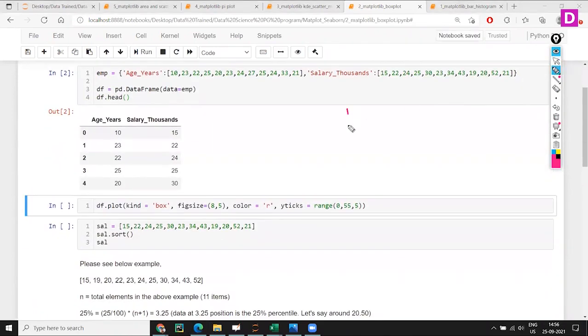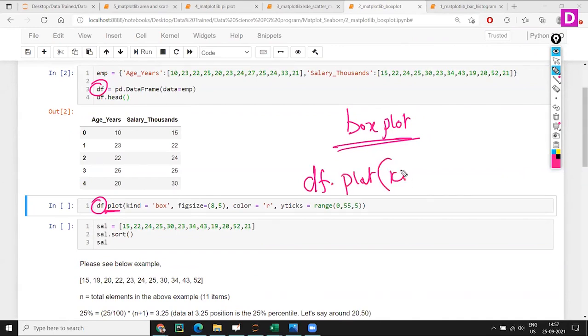Now there is something called a box plot. What is this box plot? How to interpret this and how to write this? Whole data frame dot plot. This is a standard you can use most of the time, and here you keep changing the type of graph. Earlier we have seen bar plot, histogram, right? In short we used to write hist. So here kind equal to box,